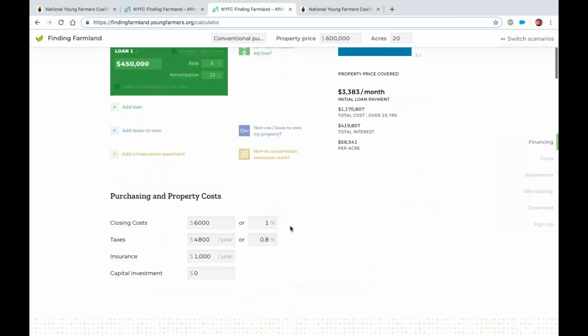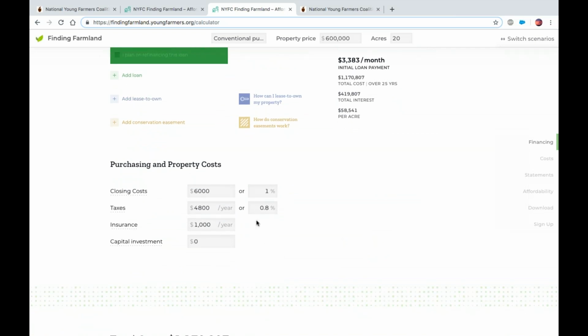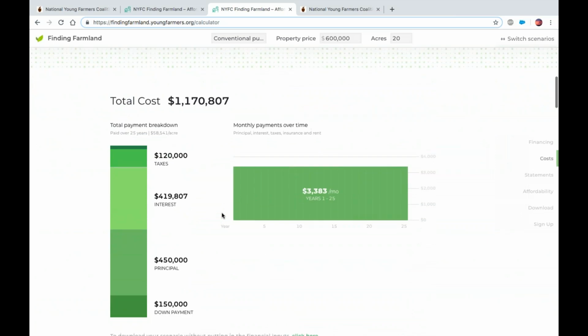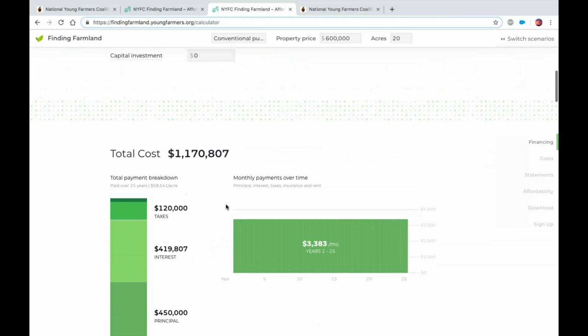So see the next example, these closing costs are probably a little bit low, but I've got them the same in the other ones, so I'm just gonna leave it. And we get a little breakdown of how much it costs to buy the property with this conventional kind of financing scenario. So it's a little over $3,000 a month that you're paying as mortgage payment just to that one loan. You'll see it on there, some taxes, some insurance every month. Pretty straightforward.